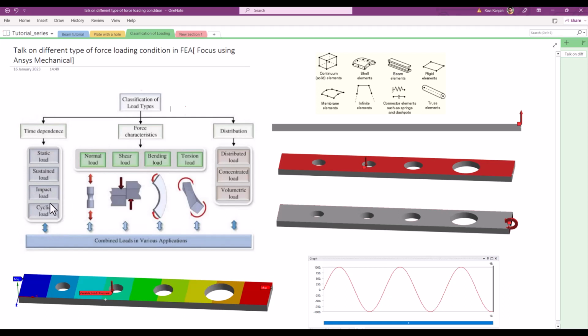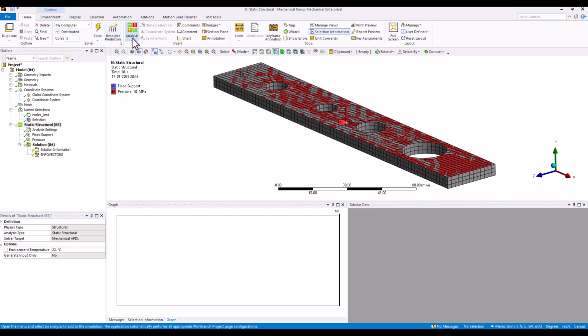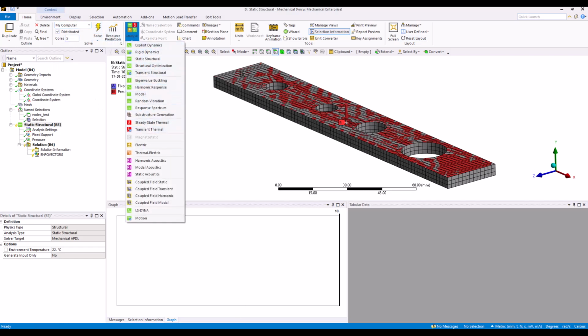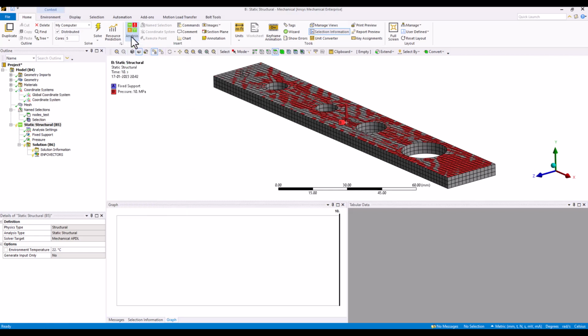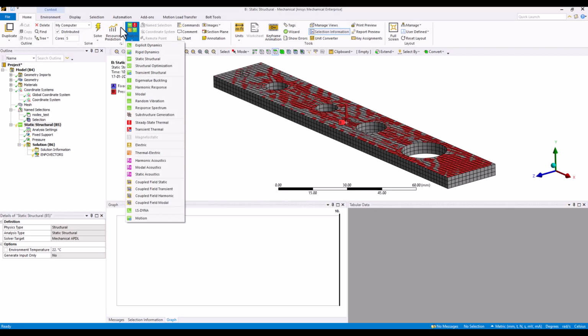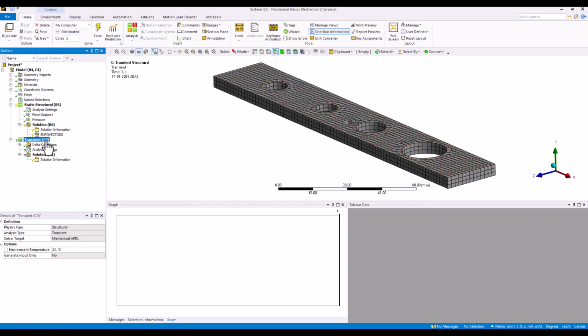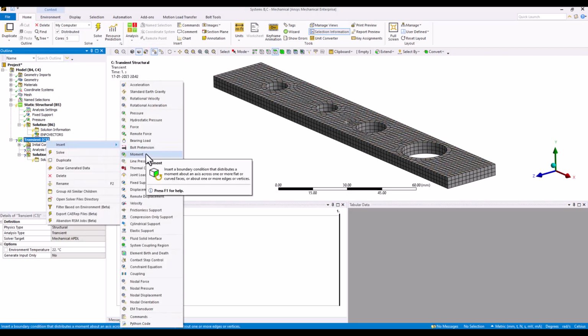So if the inertial effect is something that is of interest, we can add another analysis system. Either you can add this analysis system at the Workbench project level, or you can directly add it by going to the Home tab and then Analysis System from the top ribbon. So suppose I add a transient structural, and for demonstration purposes, what I want to do is